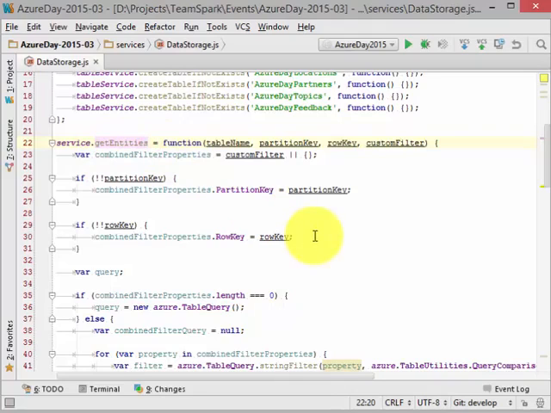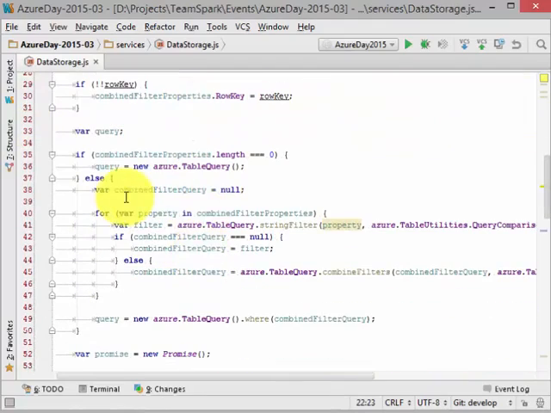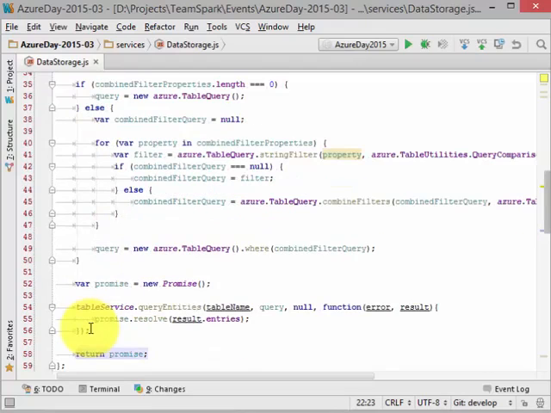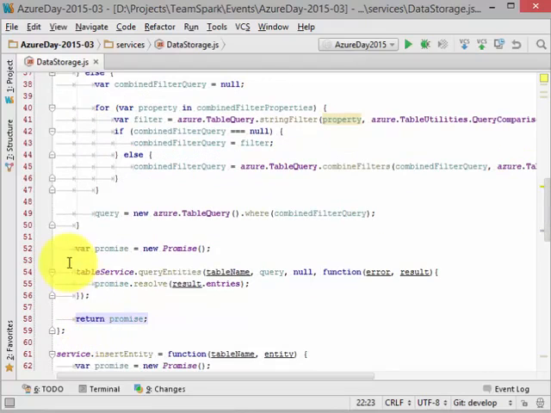Basically this function will query my table or my storage, and it will also call it in asynchronous mode. And as you can see here in my parameter list, I have only table name, partition key, row key, and other custom filters. And that's all. I will scroll down a little bit. Here I just create a query in appropriate format. And here I grab my table service and call for query